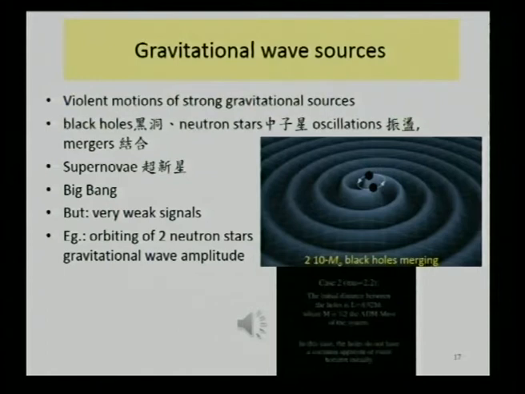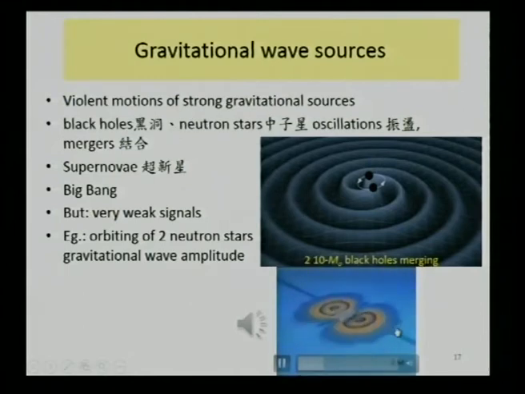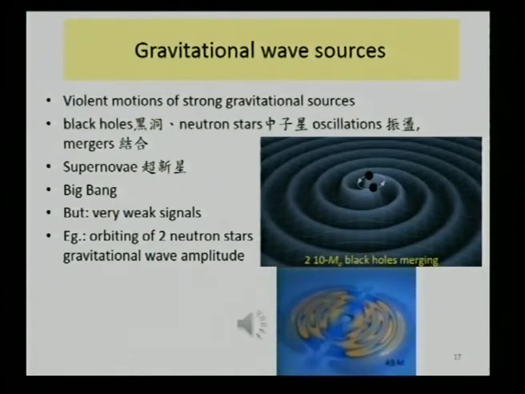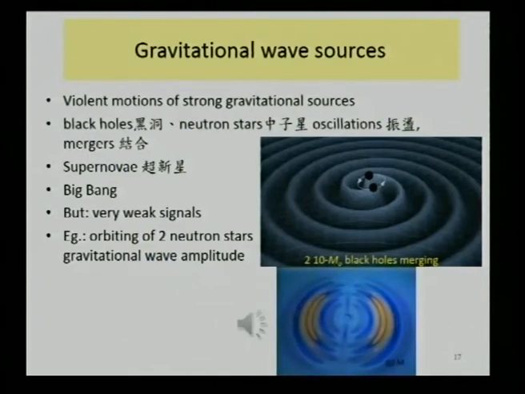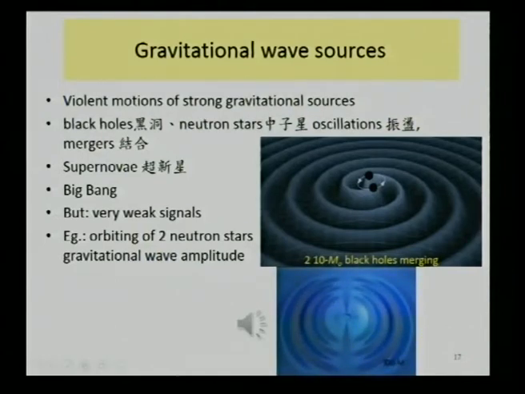Another possibility is another kind of very compact stars called neutron stars. These are solar mass stars shrunk down to about 10 kilometers in size. We already know that there are binary neutron star systems. So two neutron stars orbiting each other will produce a lot of gravitational waves. Let me show you an animation of two neutron stars orbiting each other. And these patterns you see are the gravitational waves they will produce. So hopefully, if we have a gravitational wave observatory, we can measure these waves, and then we can really study